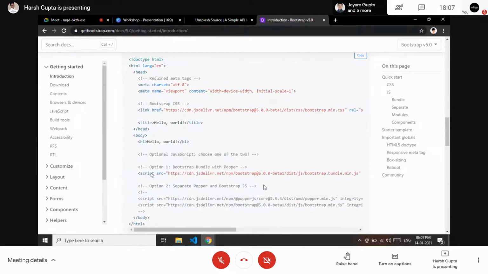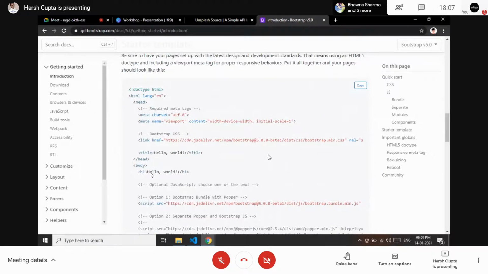If we need to, we can uncomment it, but for today's workshop we don't need to because we will be making a simple blogging website. It just needs simple CSS and a little bit of JavaScript, and we don't need to create a separate file. This is the main thing about Bootstrap. It does all the work itself, and we just need to import the code from it.